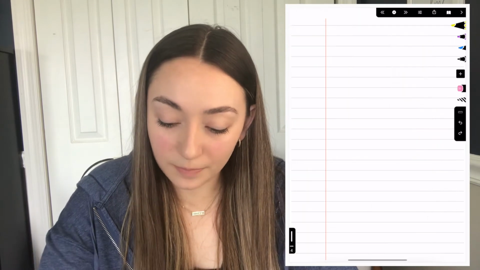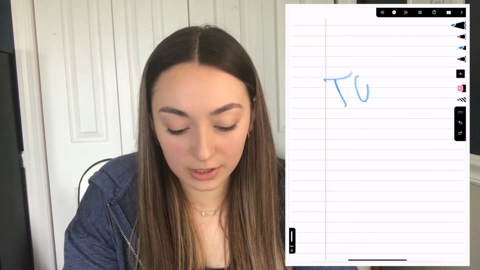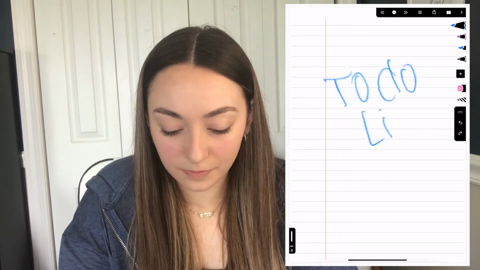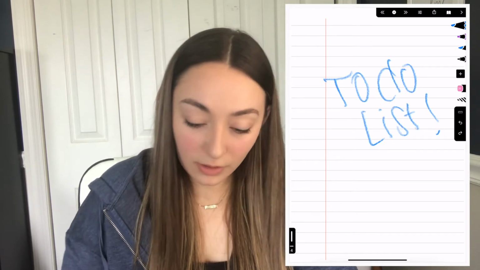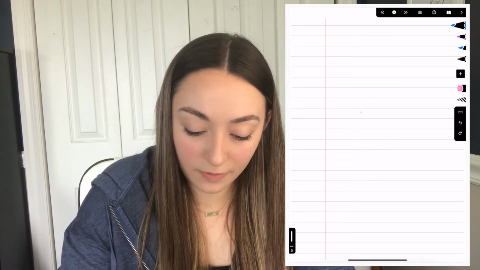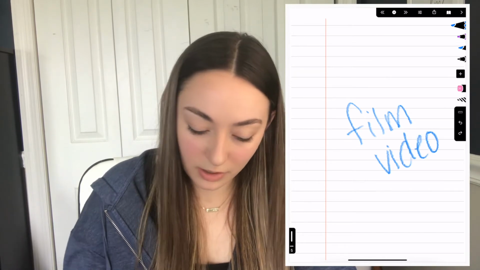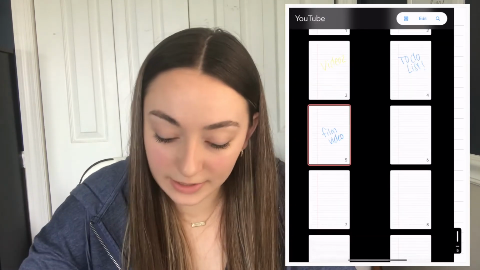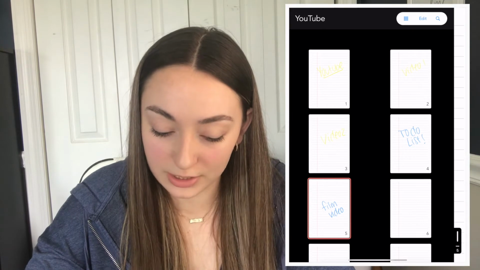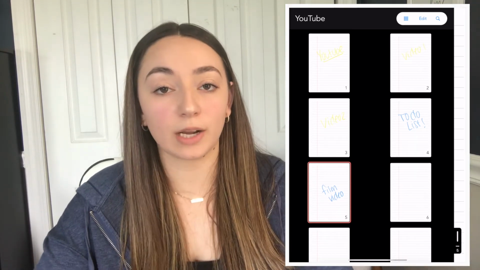Then when you get to page 4, let's say you do your to-do list. You can add a page to there. Let's say film, video. All right, now when you go to the side, you can see that pages 4 and 5 are your to-do list. So you can separate your notebook into sections, which is what I like to do,